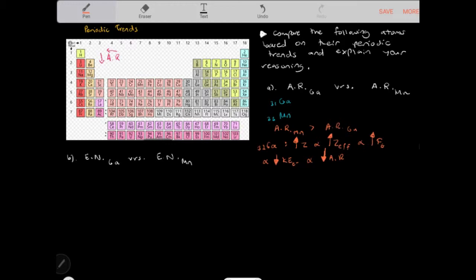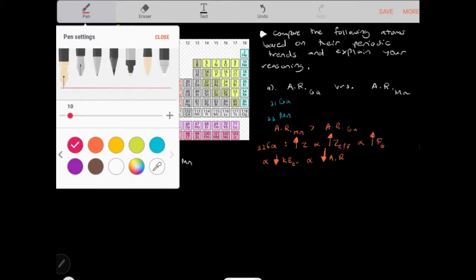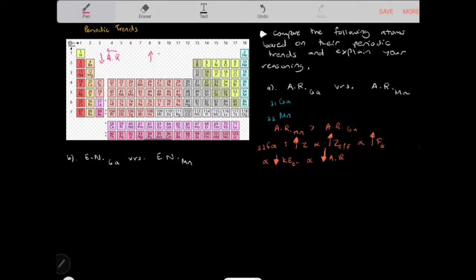Let's take a look at the electronegativity of gallium versus manganese, right? If we're looking at electronegativity, it actually increases up a group and to the right of a period. So we can understand that the electronegativity of gallium should be greater than the electronegativity of manganese. Okay? So if the electronegativity of gallium is greater than that of manganese, if we're taking a look at gallium again,